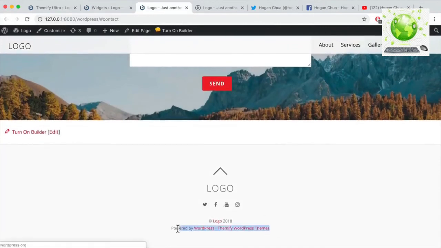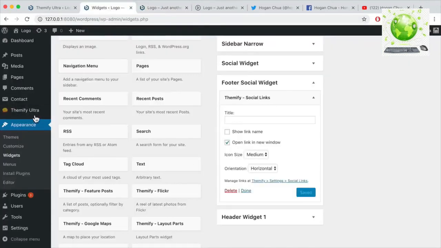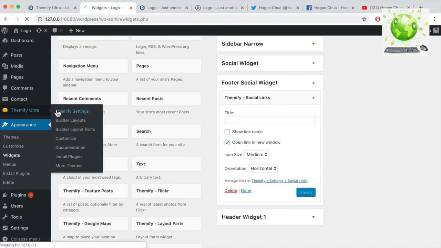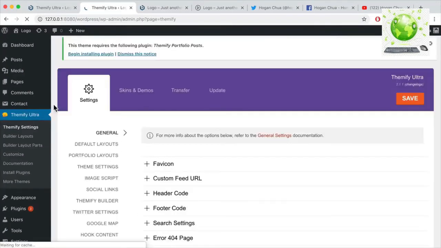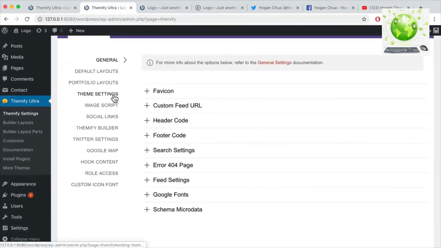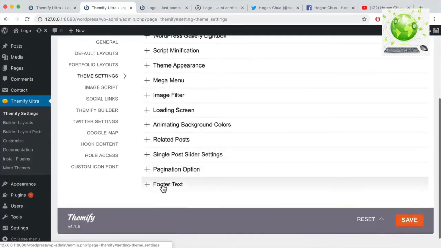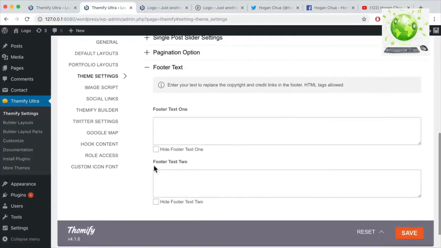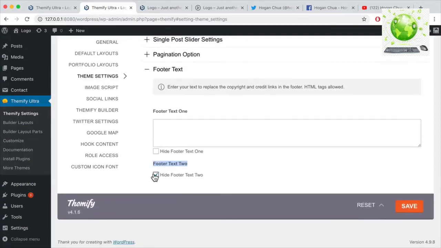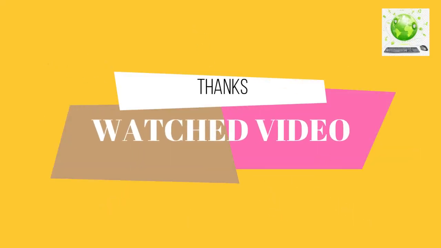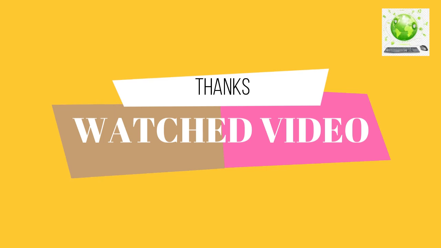So I'm going to show you how to remove this because I think that's a little bit annoying. You probably don't want it to say powered by WordPress. To remove that, you can go back to your dashboard area, go to Themify Ultra, Themify settings. Then look for theme settings, scroll down to footer text, and for the footer text you want to hide that, to change it to